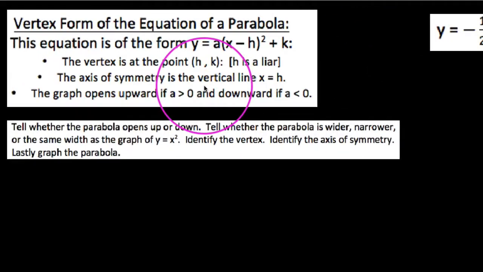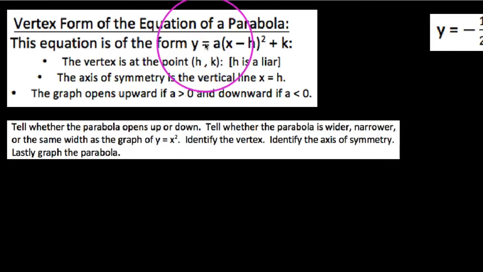Okay, YouTube, this is my third video in my module over graphing quadratic functions. And in this video, we're going to focus on what we refer to as the vertex form of the equation of the parabola. Just like we have many different forms of the equations of lines, we have many different forms of the equations of parabolas. And in this particular instance, we say vertex form is anything of the form